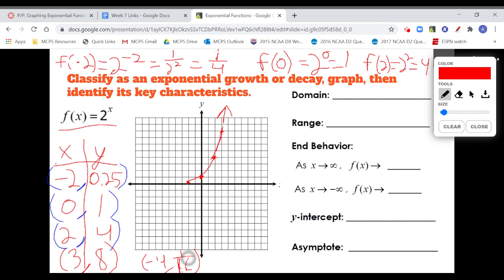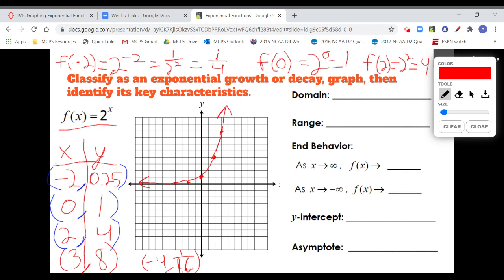So think about this. When I was at -2, I was at 0.25. Now that I'm at -4, I'm at even less than that. So I'm even lower. Basically, these numbers are getting really, really close to 0. But it's not going to go past 0 because we kind of know that that is how exponential functions work. They flatten out. So basically, it's just going to flatten out as it approaches 0 because no matter what